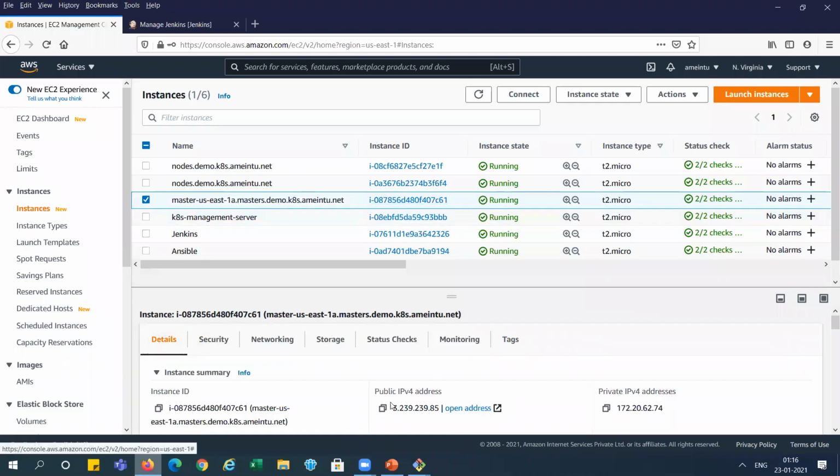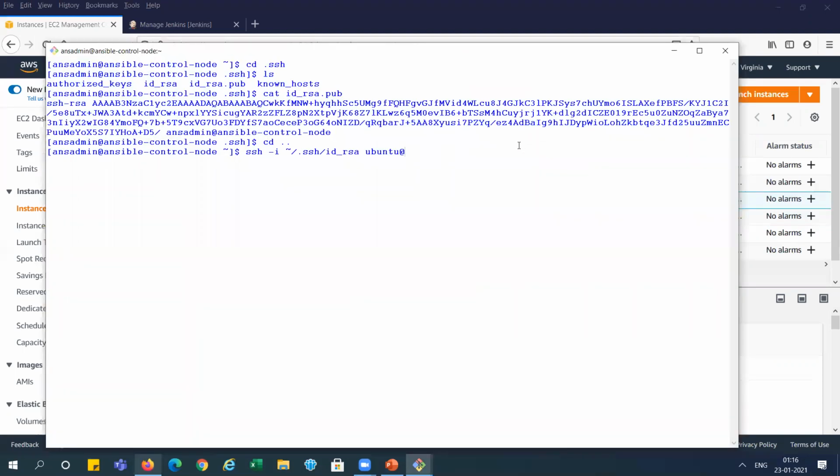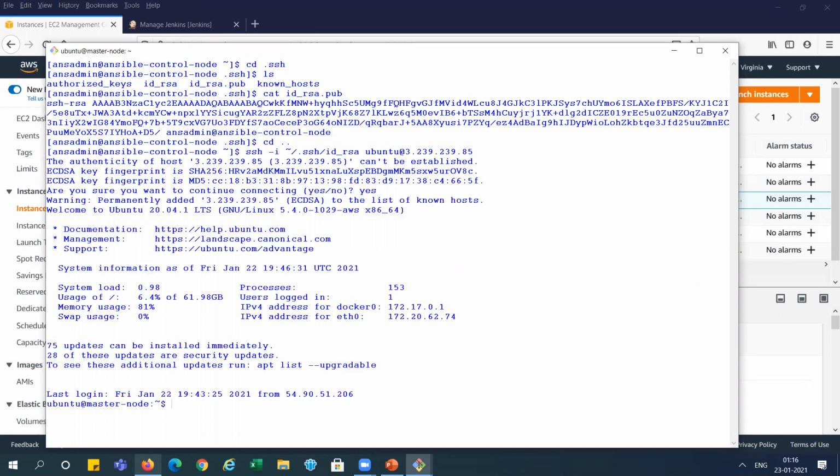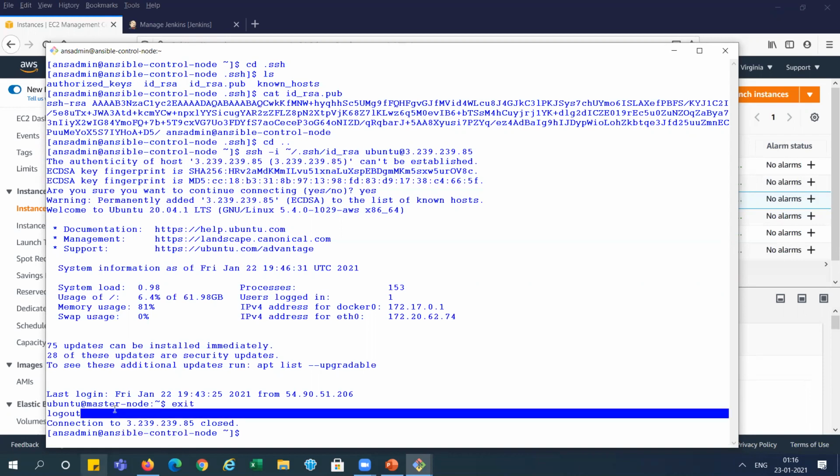Now I'm pressing enter. See, it is connected successfully to the master node. When I exit from this server, we reach directly the Ansible node. So the passwordless connection is completed between the Ansible control node and the master node directly.